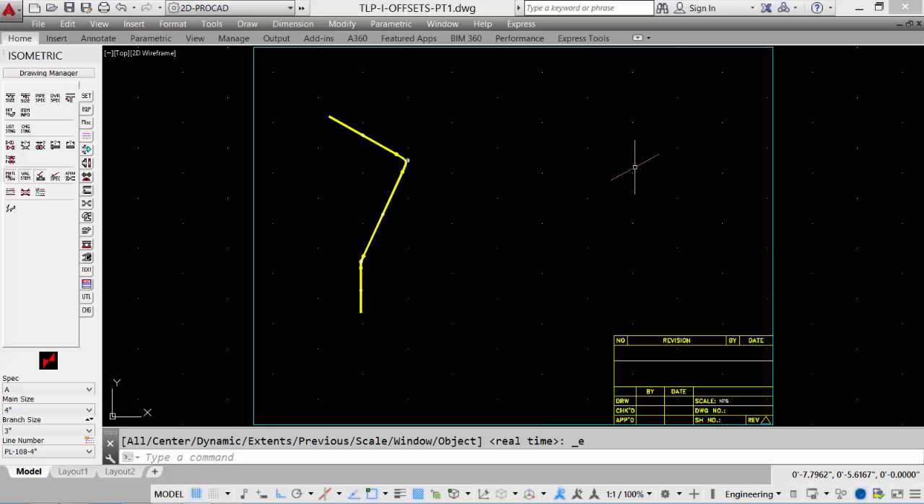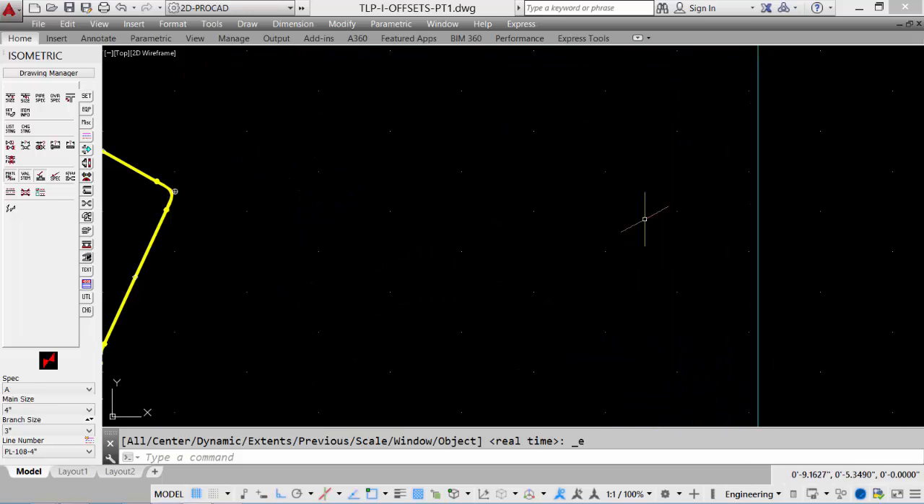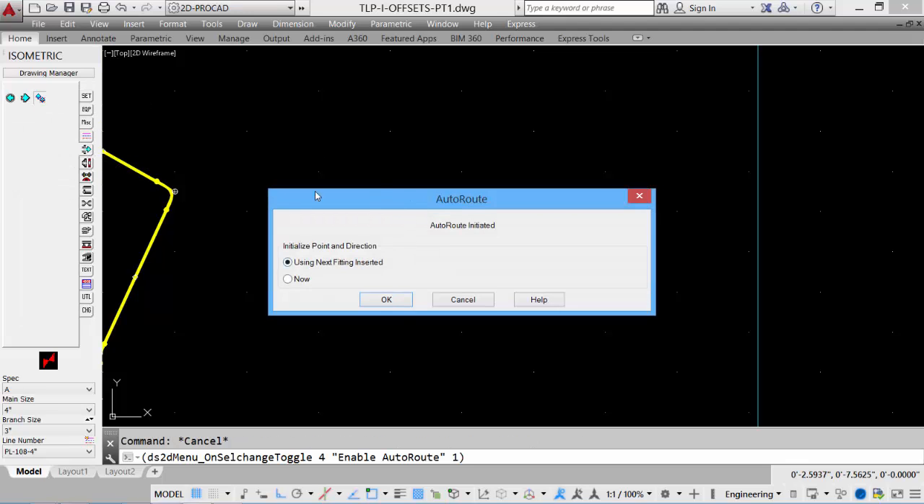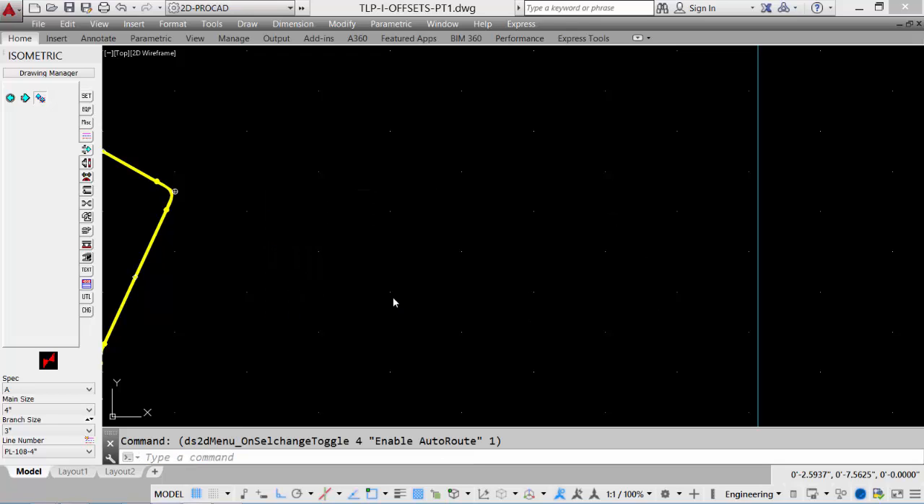We'll zoom up on the drawing, and we'll draw a rolling offset using 45 degree elbows. We'll enable our auto route feature. We'll check on our sizes. We'll make sure our isoplane is in the right direction. And then we'll place our length of pipe,